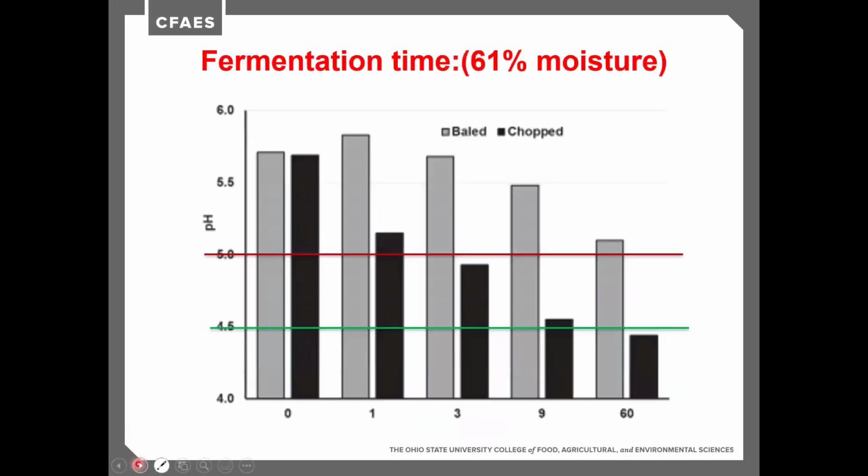I'm looking at fermentation time. So this is a 61% moisture bale. And how long does it take for it to ferment in days? And in here we're comparing chopped silage in black versus baleage. So you notice they start off the same pH at day 0. By day 9, if we're going for at least a drop below 5 pH, and an ideal drop is going to be below 4.5,